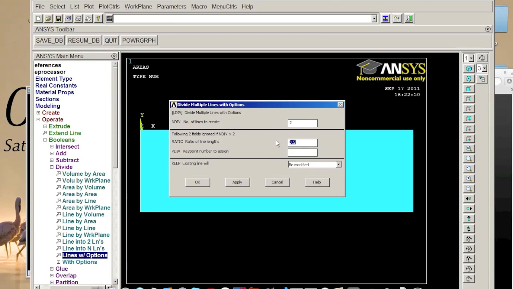The ratio means the newly created line over the original line. Here is that ratio of line lengths, but it's not like the 2 lines 1/1. It's just the new one over the original one. So the ratio should be from 0 to 1. Here, the length is 100 meters, and we want to create the first line about 5 meters. So we put 5 meters here,